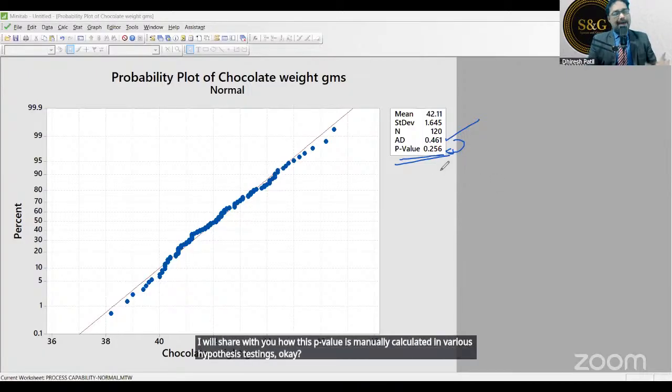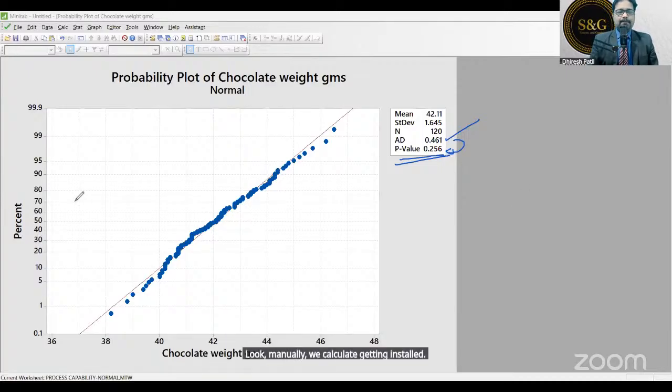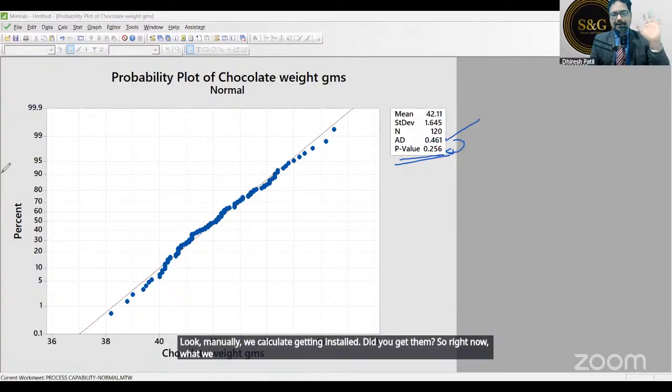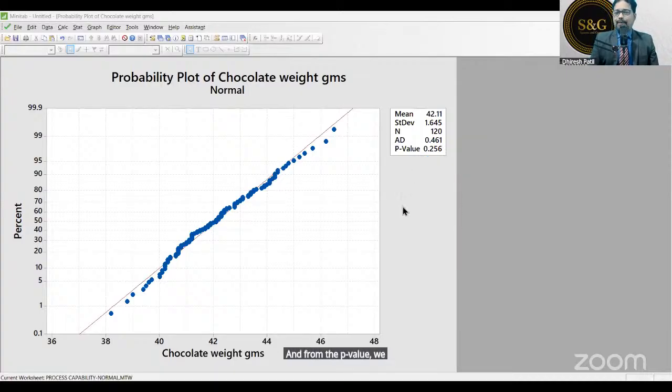We will calculate it manually also. Okay? So right now what we do is we put it in the Minitab software and just check the P value, and from the P value we infer. Now coming back to